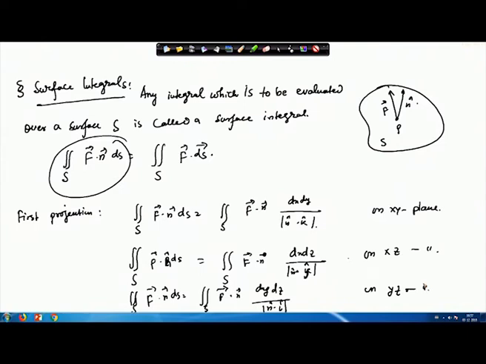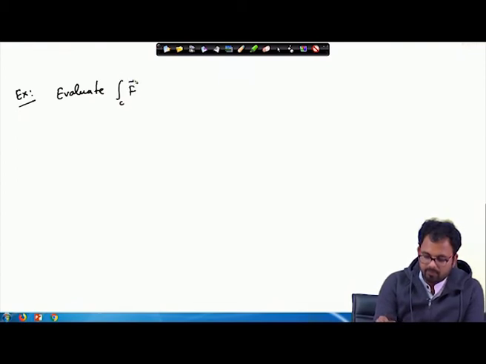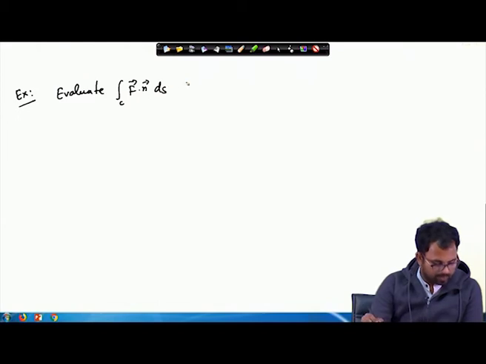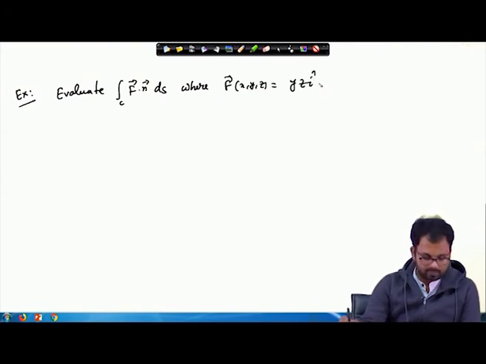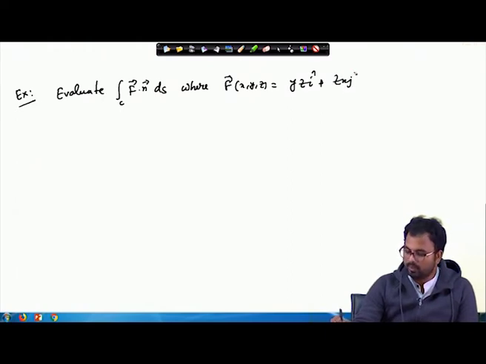This is of course given in a bit abstract way. We will see how we can work out an example. So, let us start. To begin with, evaluate the integral of f dot n dS, where our function f(x, y, z) is yz i plus zx j plus xy k,